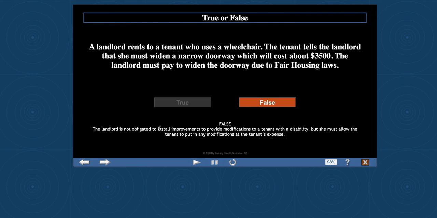True or false? A landlord rents to a tenant who uses a